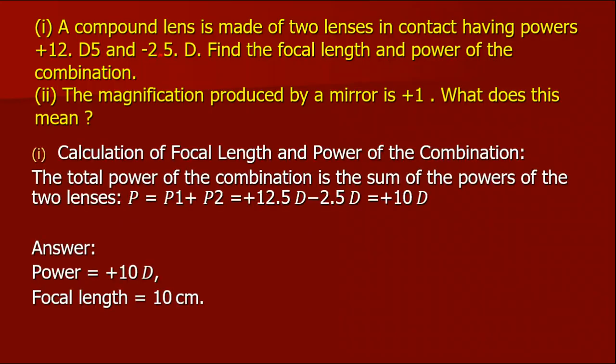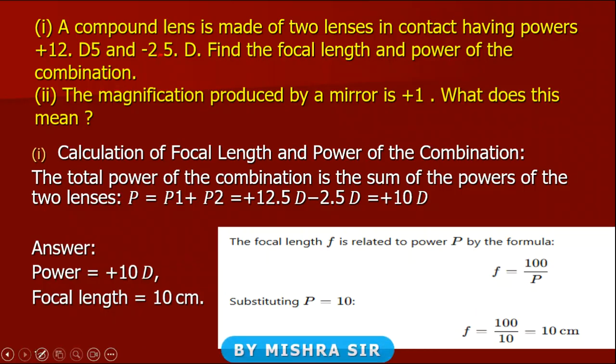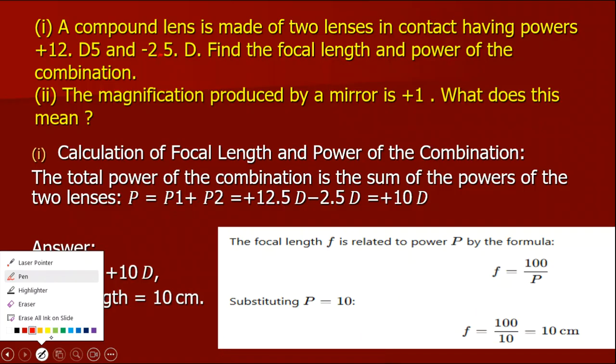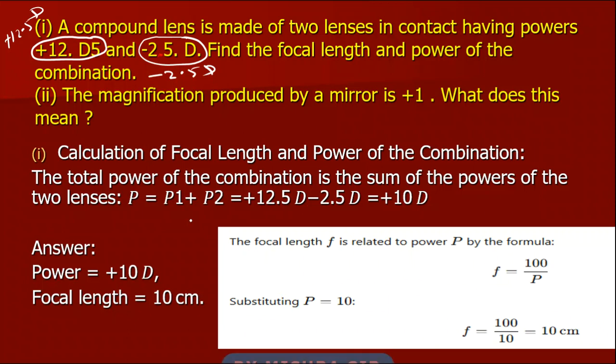What does this mean? So let's see. Here we have calculation for focal length and power of the combination. हम लोग ये total power of combination is the sum of the powers of the two lenses, P1 plus P2. ठीक है, फोकल लेंथ एंड पावर का कॉम्बिनेशन को हम लोग कैलकुलेशन करने के लिए P1 P2 करते हैं। तो 12.5D है मेरे पास, और यहाँ पे करेक्शन कर लेंगे हम लोग। यहाँ पे होगा +12.5D और यहाँ पे होगा -2.5D।